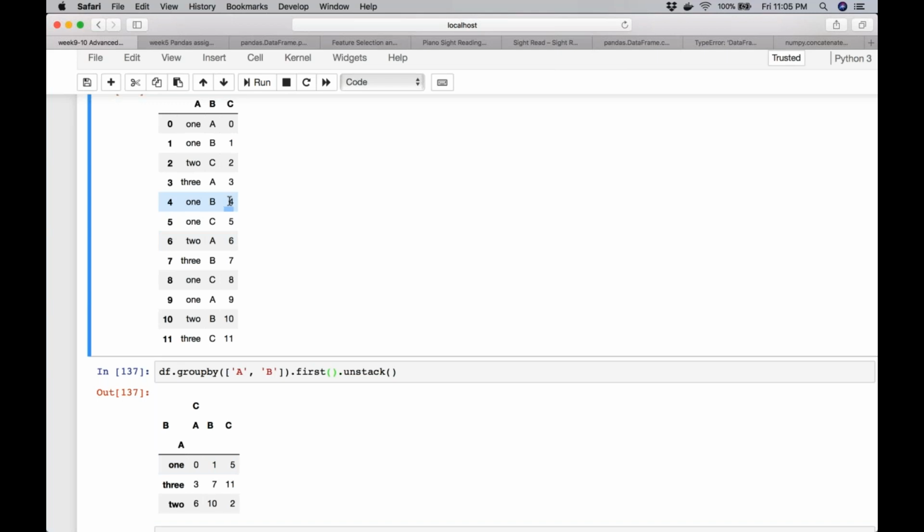Pandas doesn't know that, right? It will do exactly as you specify. So you need to first aggregate the data. You need to specify, do I want to keep my last value? Do I want to keep the first value? Do I want to add the values if there are duplicate indices? What do you want to do?